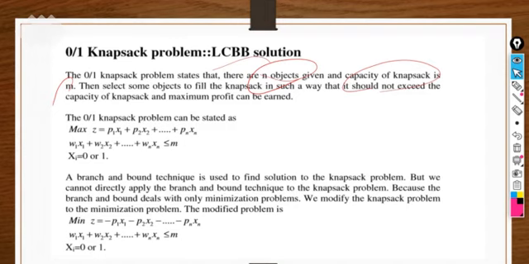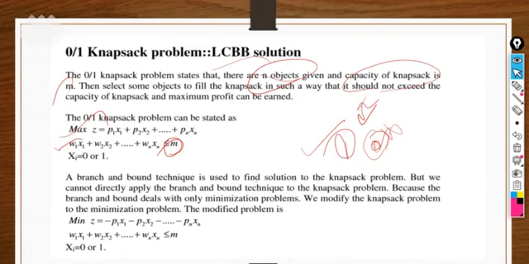Basic scenario is the same, but here in that particular part we can take the fraction of the object, whereas here either we have to take the object completely, or we have to just leave it. So with respect to the 0/1 knapsack, either we take the object completely or we leave it completely, right? In 0/1 we have to maximize the profit, and we have to compare the weight to the maximum capacity of the knapsack each and every time.